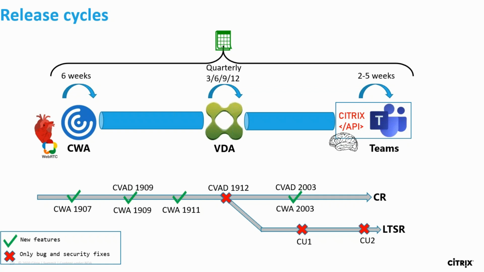As things move forward, Teams is updating constantly, every 2 to 5 weeks. If you go on an LTSR version and your VDA doesn't change versions, it's very hard for Citrix to give you the same level of functionality as you would get if you move forward with Teams. So with cloud, or with current release either, you're going to get the latest version of VDA, so you can stay in step with what Teams are doing. But just wanted to make everyone aware, just be careful of the LTSR situation if you want to make use of the latest features in Teams.